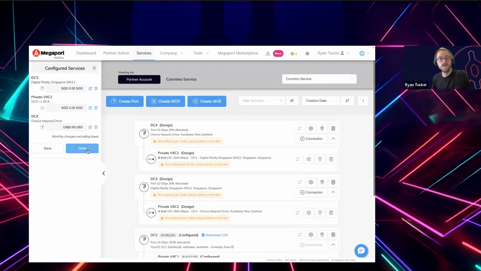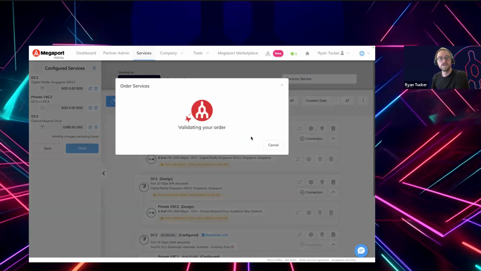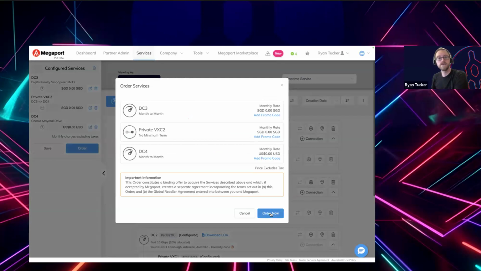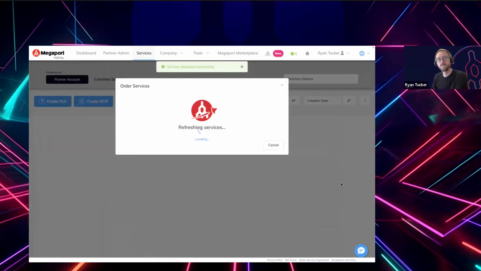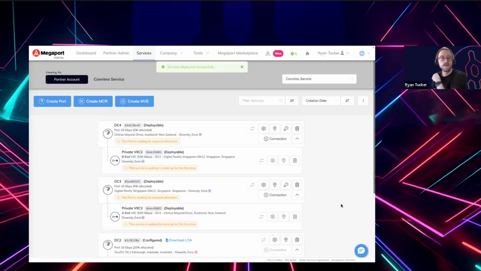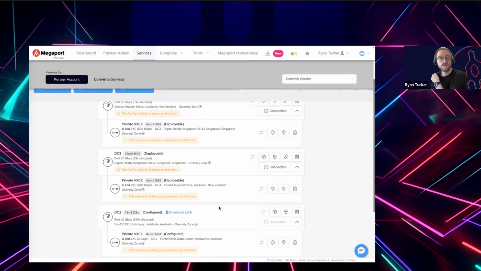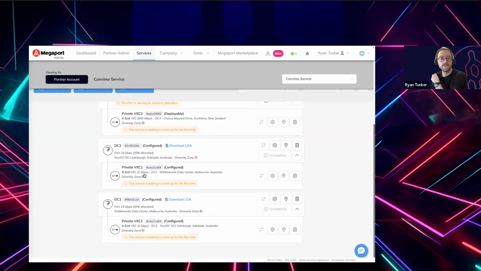Okay. And so we'll hit order and order now. So now we're going to order both of those ports and the VXC at the same time. And you can see that with the original ports, because this VXC was configured as untagged, we couldn't order any